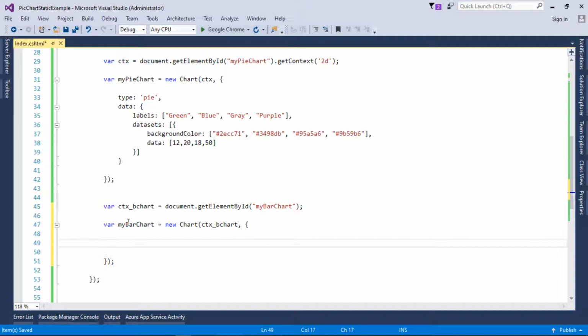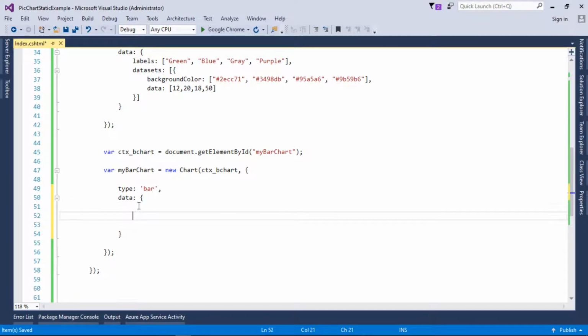In this object, as we know, we need to pass the type of the chart. So type will be bar, and the second one will be data, and data will represent an object, and this object contains different properties.